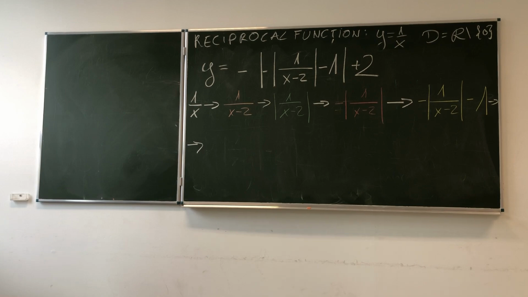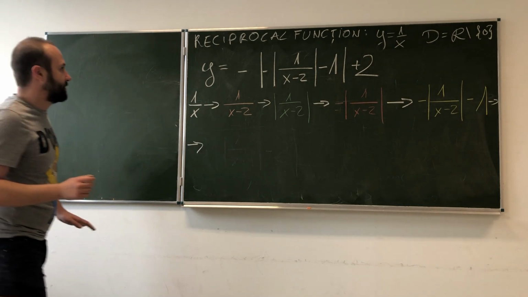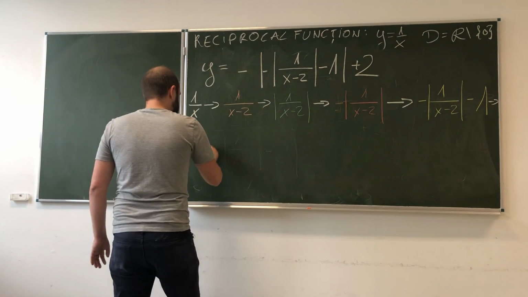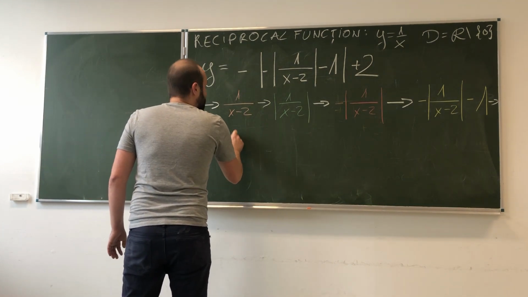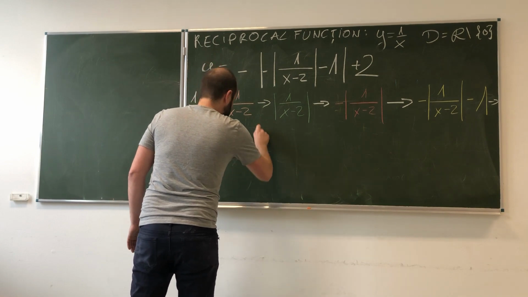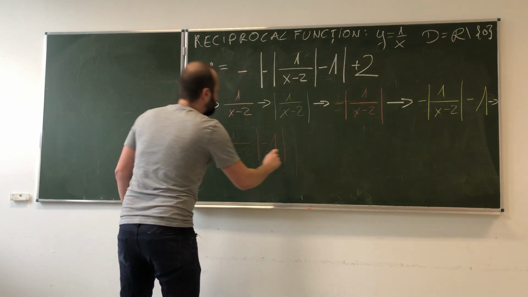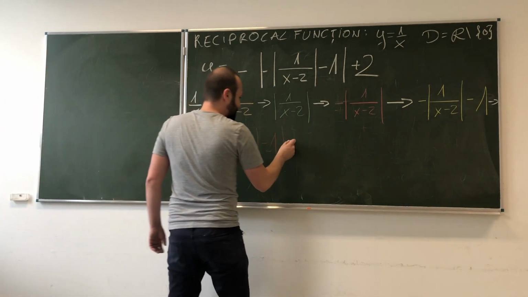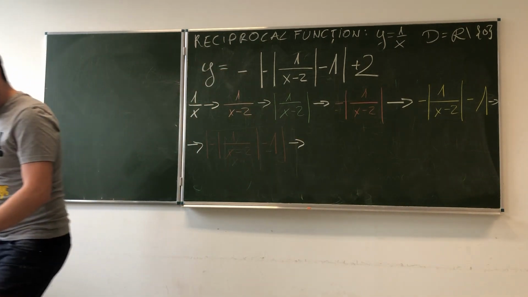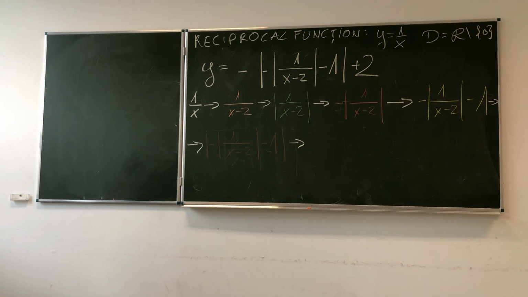Okay, unfortunately, I think I'm running out of colors, but we'll see. Okay, we've got negative 1 over x minus 2 minus 1 absolute value. Then, in the next step,